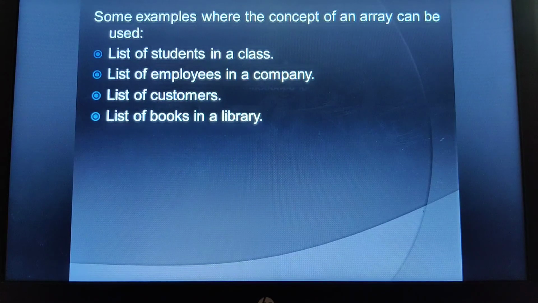Like how we have int a of 10, like that you can also have char. Char stands for character. When I give char C of 10, it says that at least 10 characters you can store in that array. So whenever you want to group the elements of the same data type under the same name, array concepts are used. Now moving on to the different types of arrays.